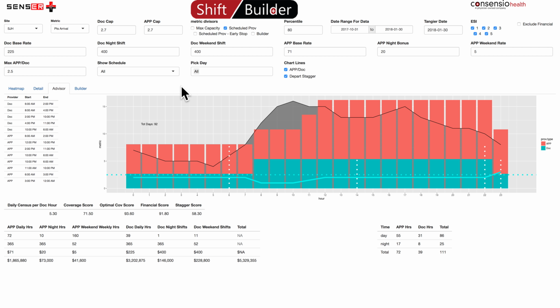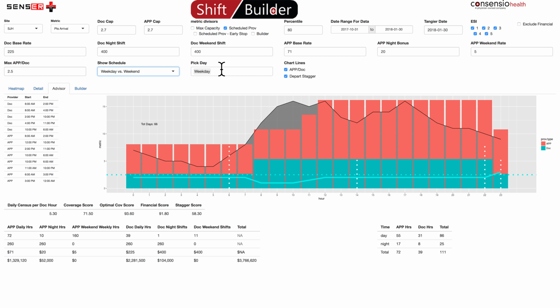Things I haven't shown you so far are show schedule and pick day. So right now you're seeing every day over the period of interest, so that's a total of 92 days. Sometimes, or in the future, we may want to start scheduling differently at different days. So weekend versus weekday schedule. For example, here we're looking at weekdays,